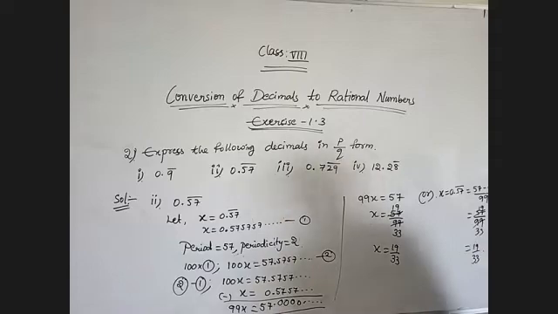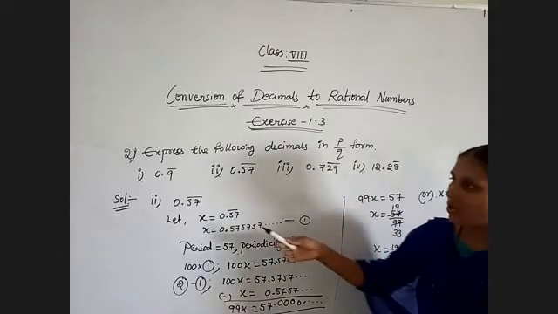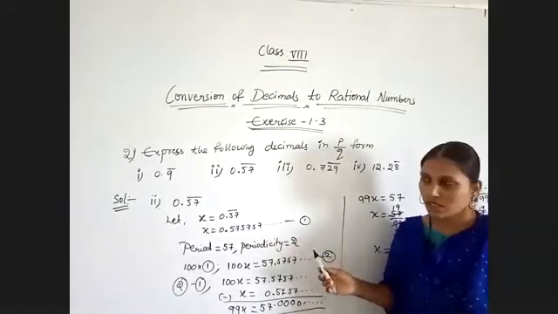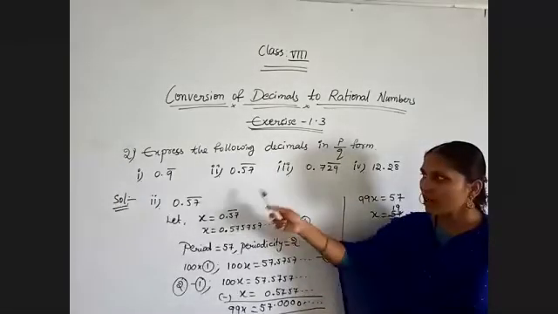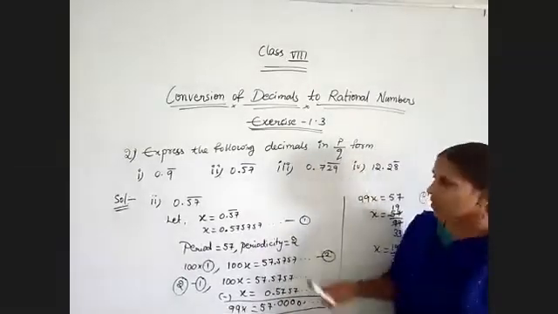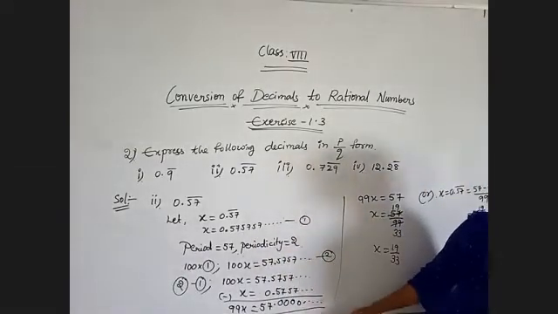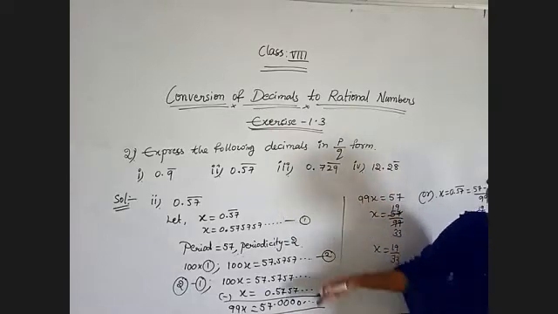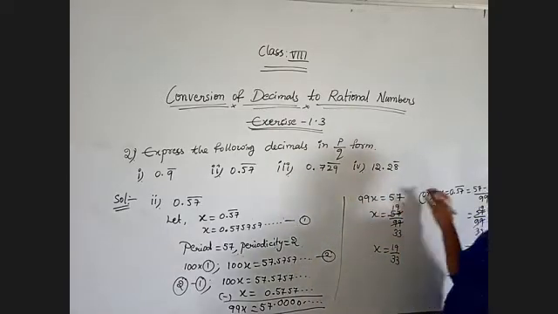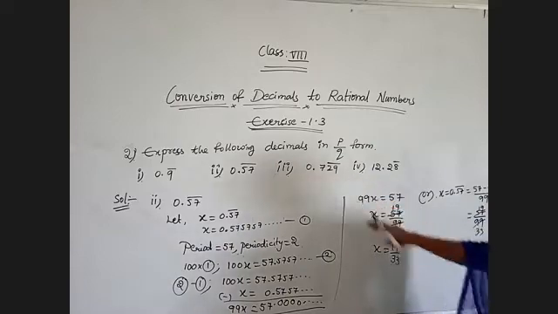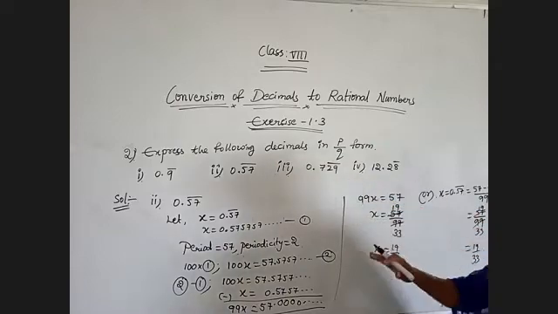So once again I am explaining whenever they are given, all these are pure recurring decimals, like the first example and second example. For any type of decimal, this is the formal method to do. And for the shortcut method, we have different solutions for mixed recurring decimals. Okay, these are the different points to remember.